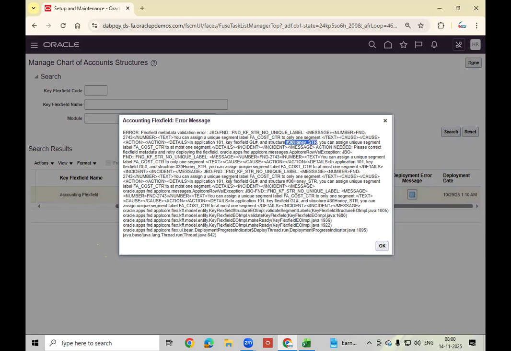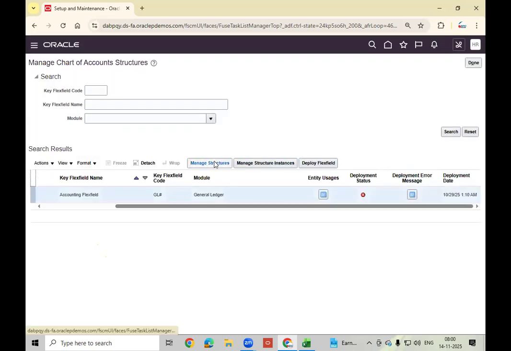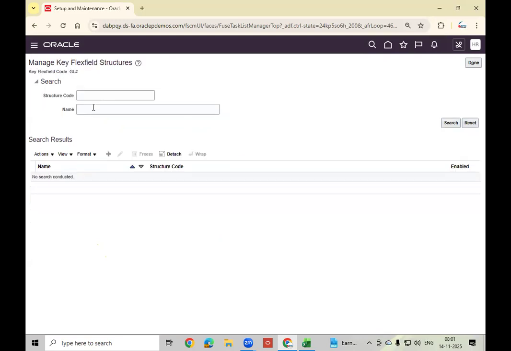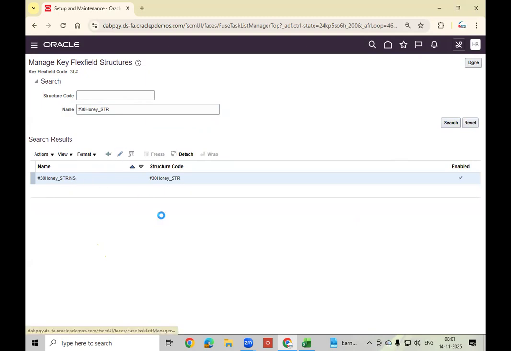Because of this, it is getting failed. Code, it is defined like this. Okay.